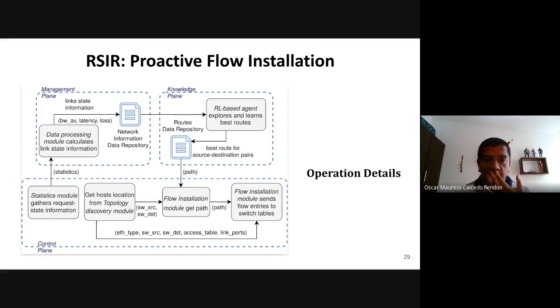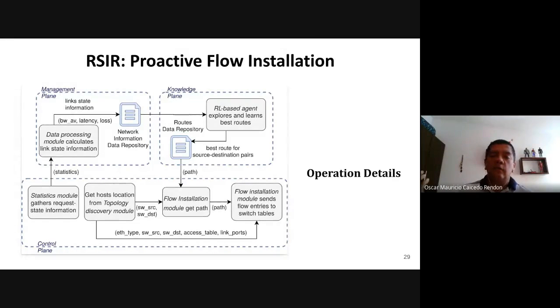Then in this figure we can see in more detail, okay, the control plane gets information. This information is stored in a statistics module. This statistics module passes this information to the management plane. The management plane has a data processing module. This data processing module calculates link state information. This link state information is stored in a network information data repository. This data repository is used by